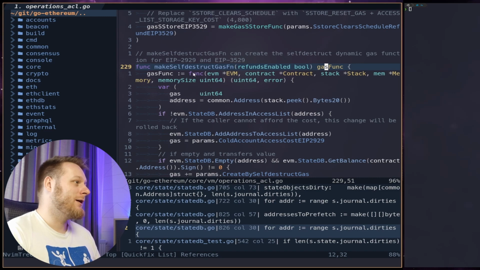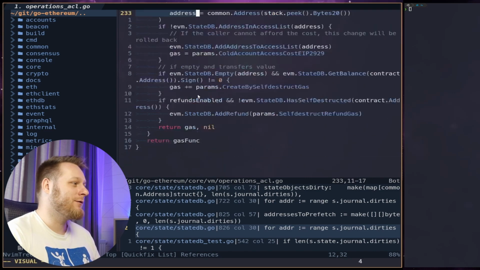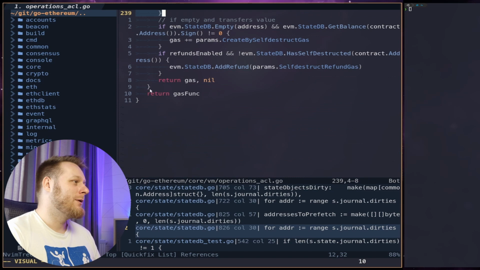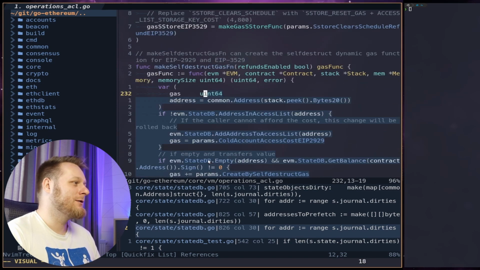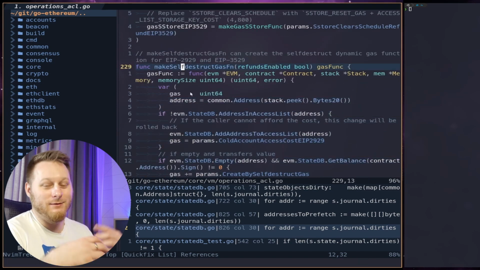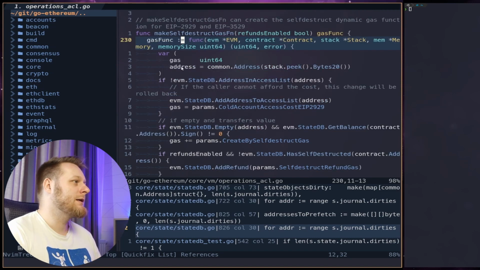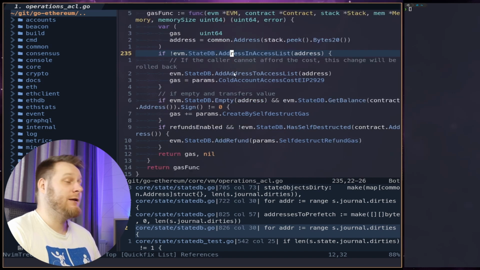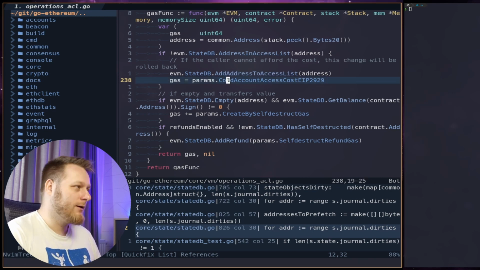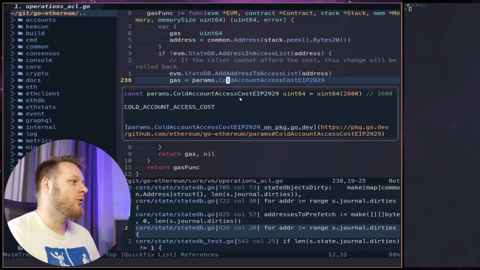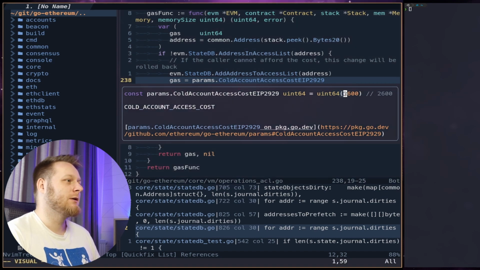And this gas func is actually a declaration of a function. So we are returning the function that we just created, and because of that, we can then use it as a normal variable. So in this case, we are checking the address. And if the address is not in the access list, we add it to the access list, and we are applying the cold account access cost, which is